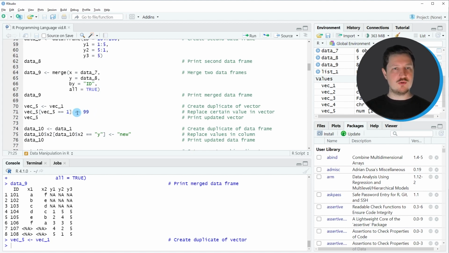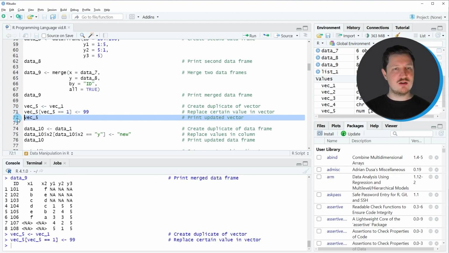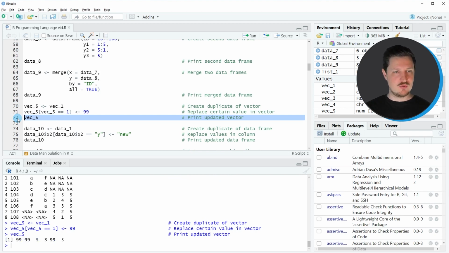And then I want to assign to this subset the value 99. So if you run line 71 of the code, our data object is updated, as you can see by printing this vector to the bottom in the RStudio console by running line 72. And then you can see that all the values 1 in our input vector have been replaced by the value